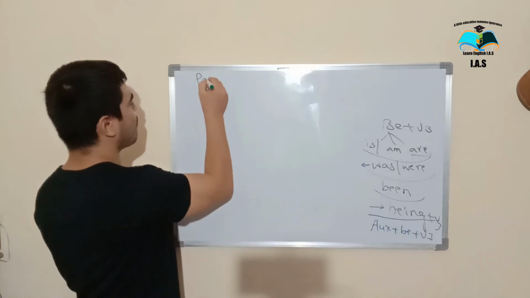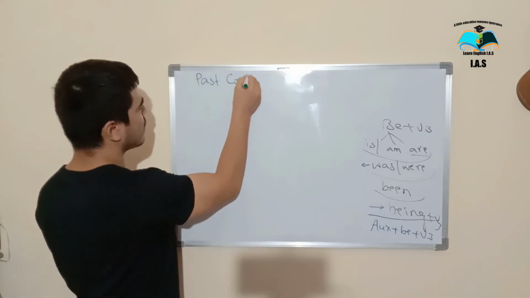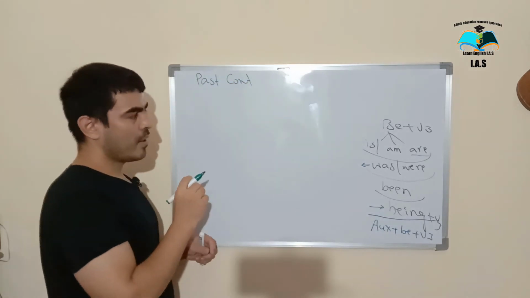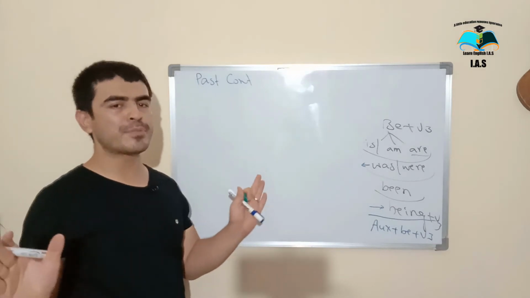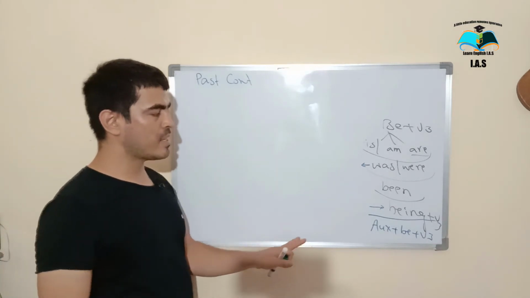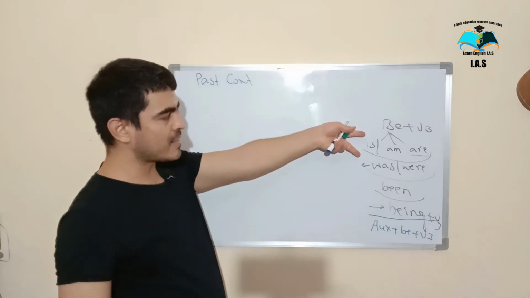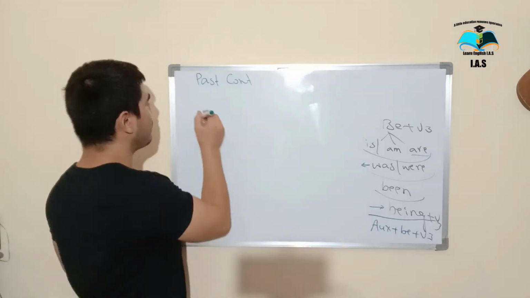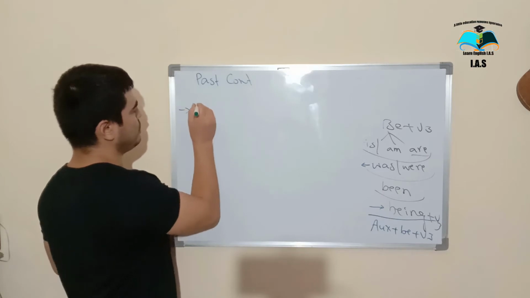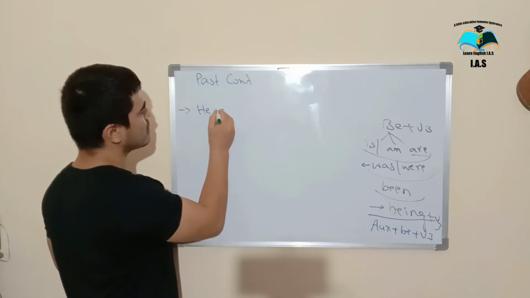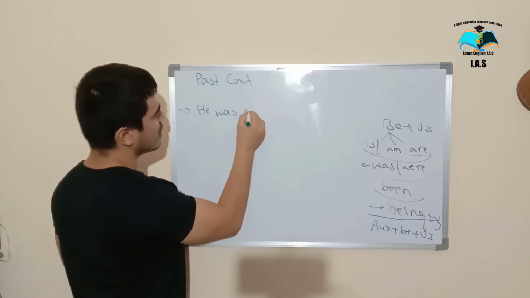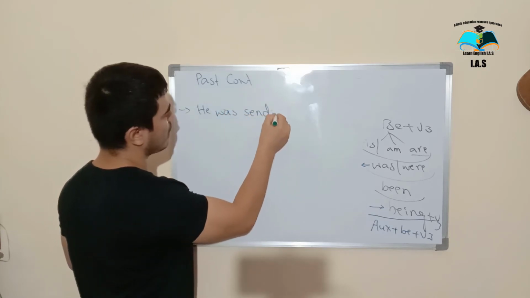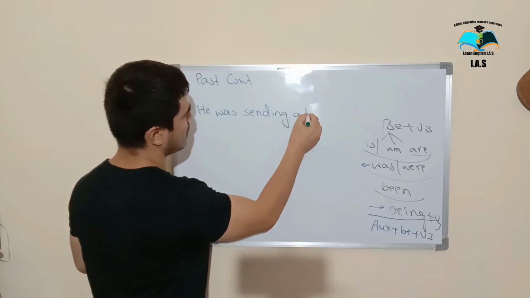Now we have past continuous tense. Remember, past continuous and present continuous, the structure is absolutely the same, but the only difference is that we have to change is to was and were. Okay, let's see the example. He was sending a letter,